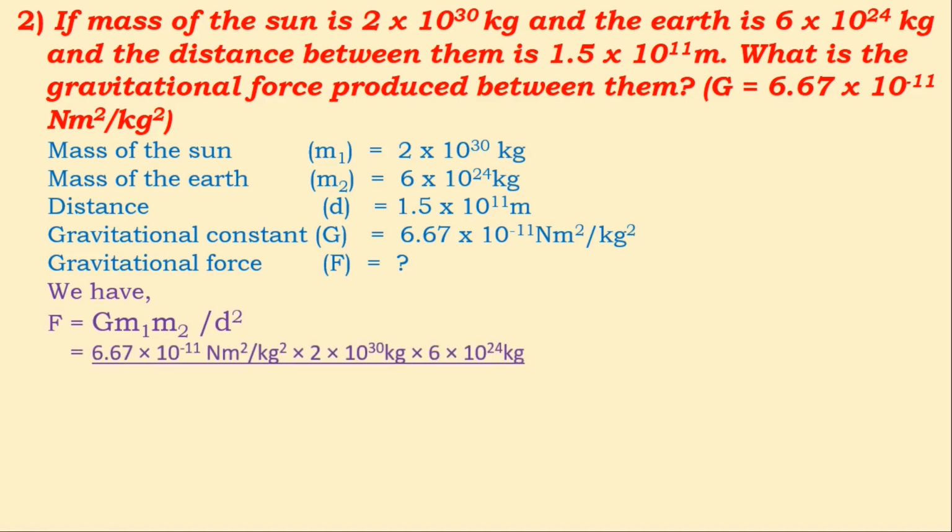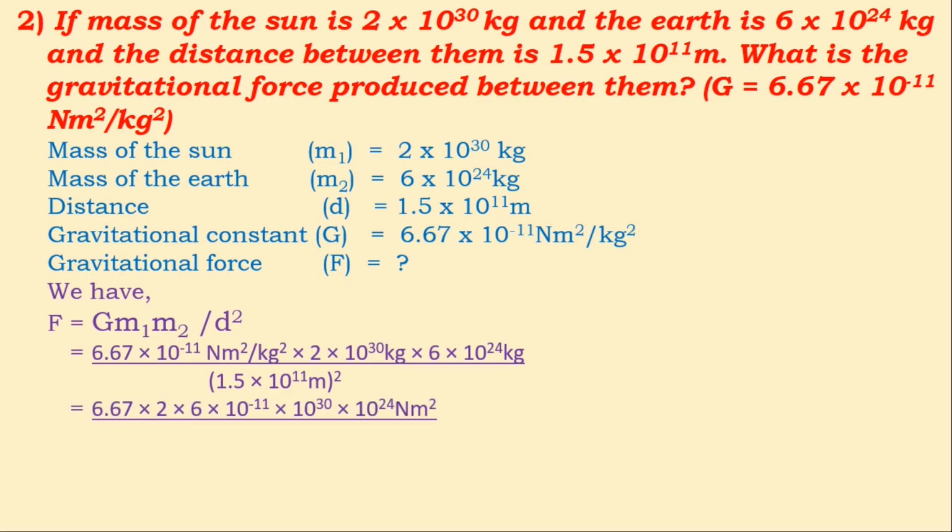Now in place of G I am writing 6.67 into 10 to the power minus 11, and its unit also, and 2 into 10 to the power 30 kg, this is m1, and 6 into 10 to the power 24 kg, this is m2. Now d is left in the denominator, 1.5 into 10 to the power 11 meter, and d square means whole square. Okay, now as we did in the previous numerical, we are taking all the numbers first,